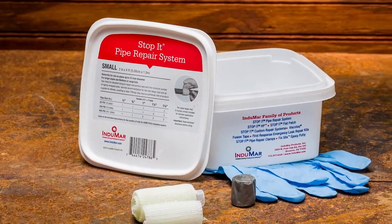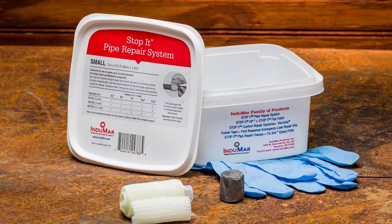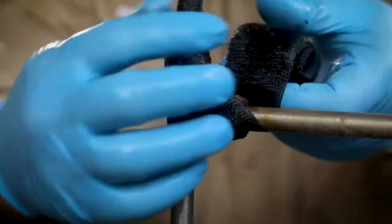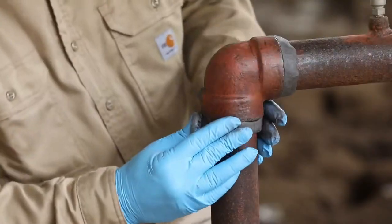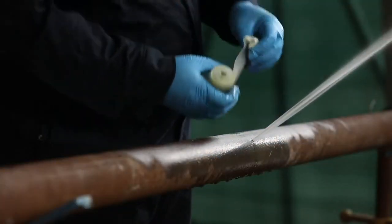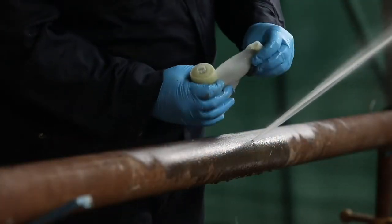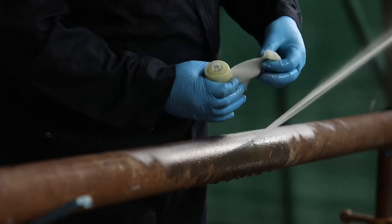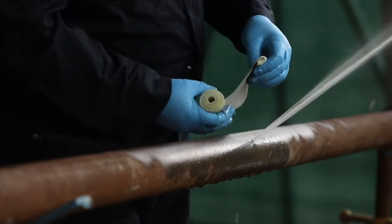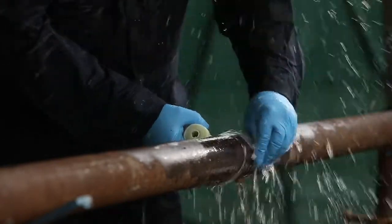Our Stop-It pipe repair system provides superior leak sealing capabilities in a wide range of applications on pipes of various composition and diameter. The Stop-It pipe repair system includes a length of fiberglass knitted tape coated with urethane resin that is water activated and fast curing. The tape comes in 4 sizes, ranging from 2 inches by 4 feet to 4 inches by 25 feet in